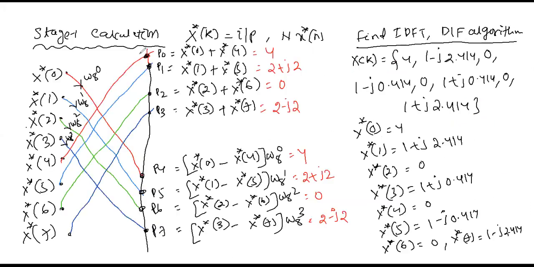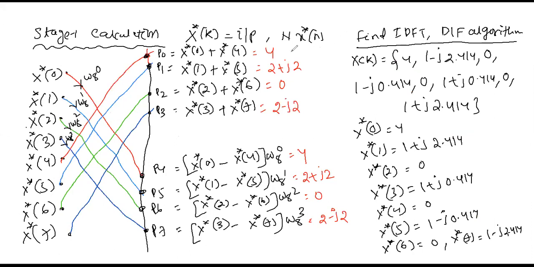Then it is simple. I did the stage 1 calculation. In the case of DIF, you all know, first you write in the same order. Since the input is x conjugate k, write in the same order, x conjugate 0 to x conjugate 7. Then just create the butterflies. How do we do the butterfly? 0, 4, then 1, 5, 2, 6, 3, 7. You take the input and create butterflies. Here I am using different colors so that people will not get confused.